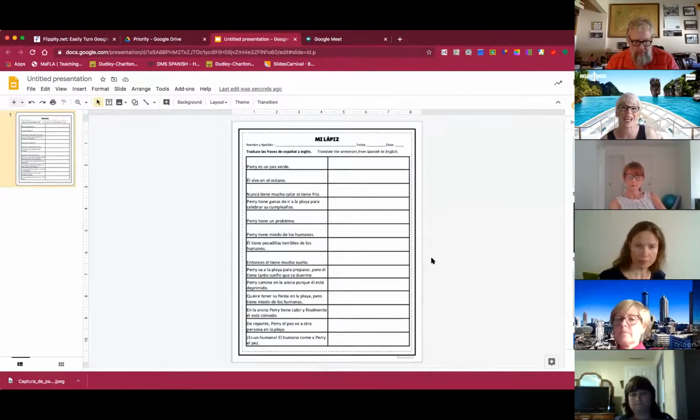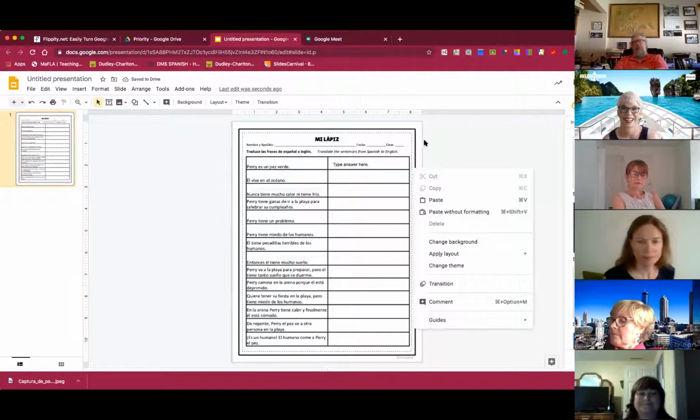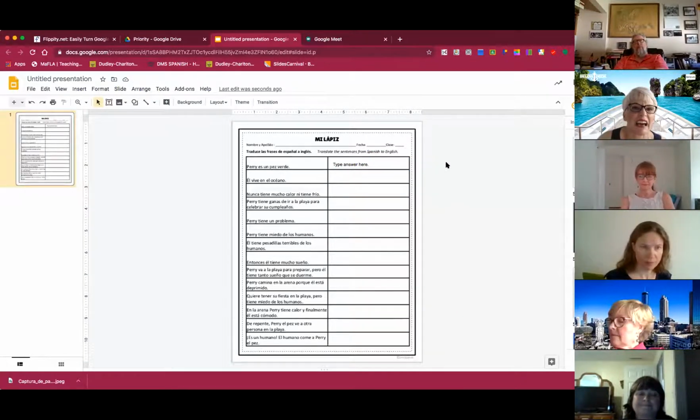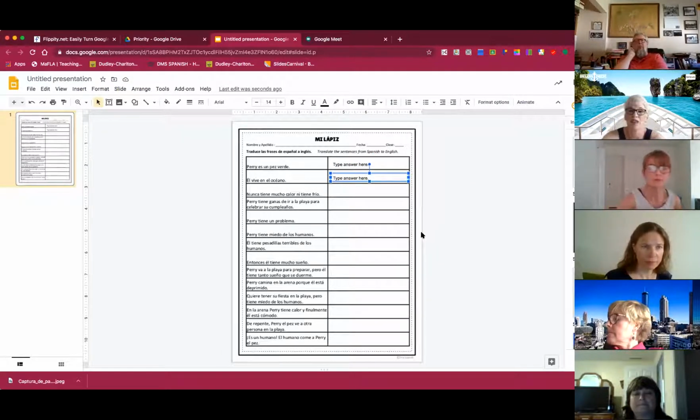And what I'm going to do is I'm going to put in my text boxes for my students, right? So I can add in a text box for them to answer. And best thing to do, because they're all going to mess it up, is type answer here. Because they're all going to go, it won't let me do it. I know what to do. Just type there. So then all I do is Control C and Control V. Oh, and then I just slide them down. Slide them down. Right? So then I put a box in every single one